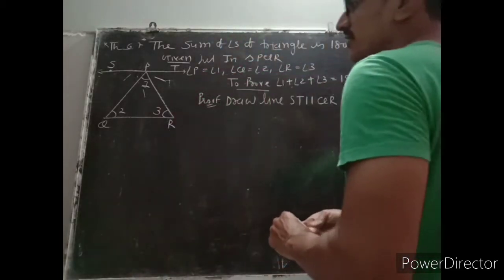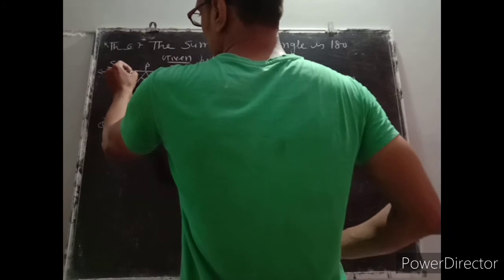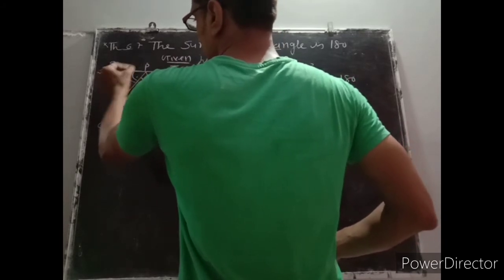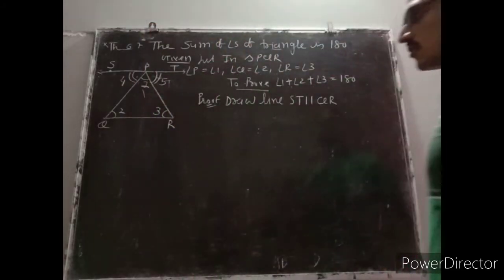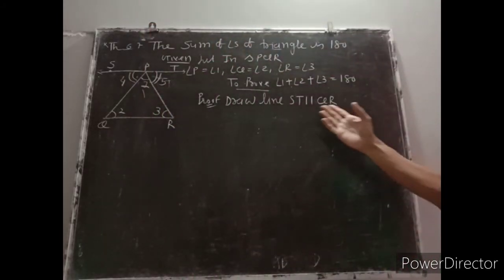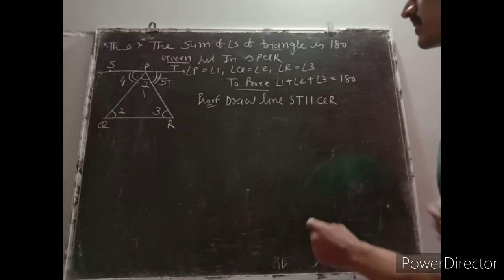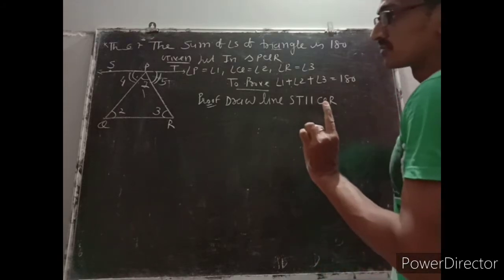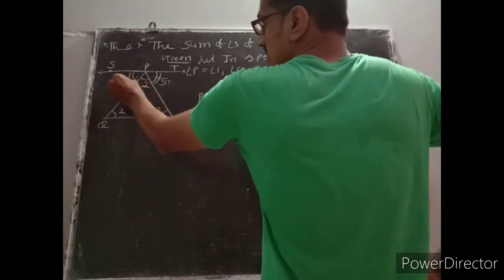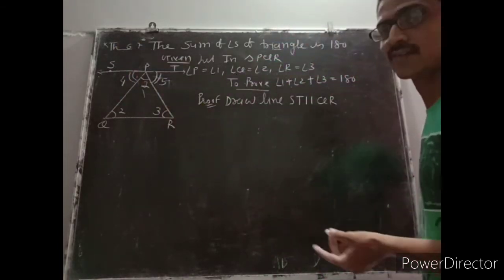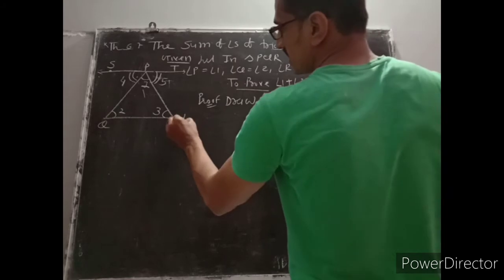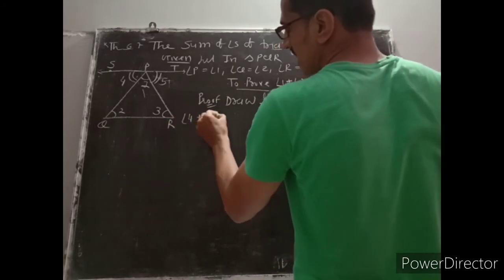Yeah, in the textbook they have given names to these angles also. They have given 4 to this angle and 5 to this angle. Okay. Draw line ST parallel to QR. Now, these 3 angles 1, 4 and 5 form on the straight line SPT. The sum of these 3 angles will be 180 degree. So let us write angle 4 plus angle 1 plus